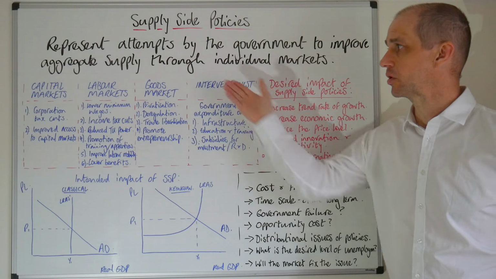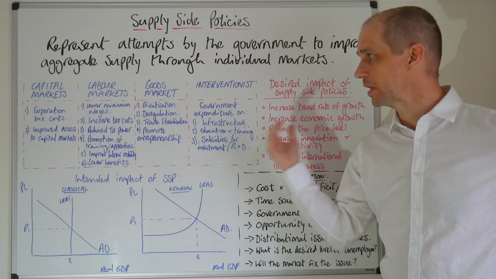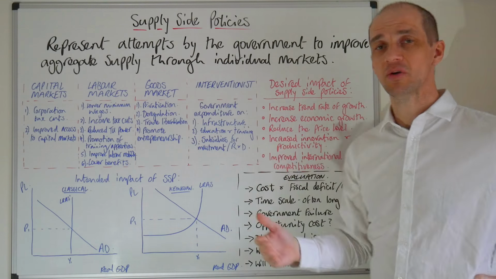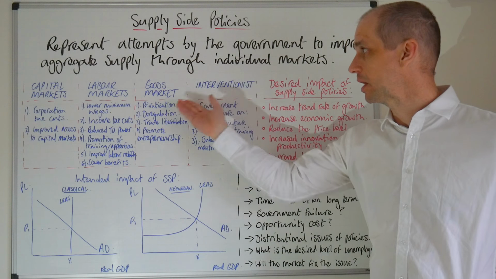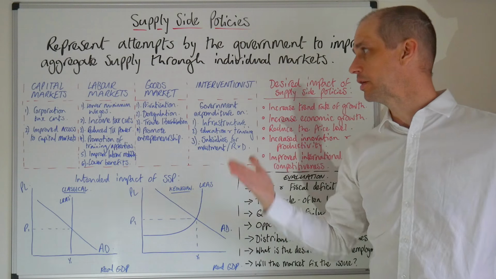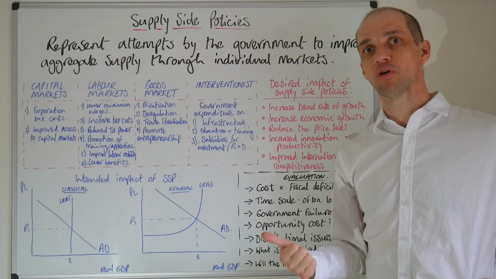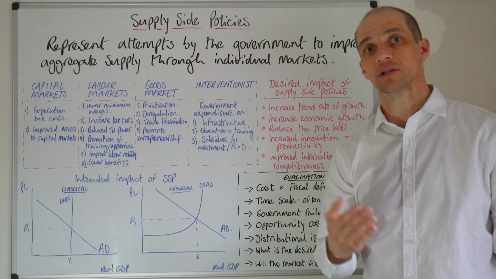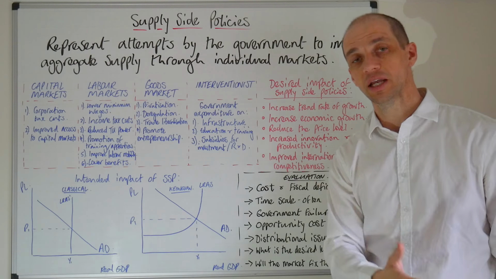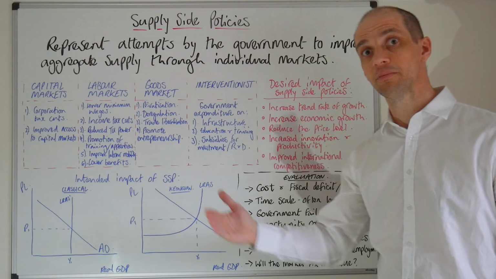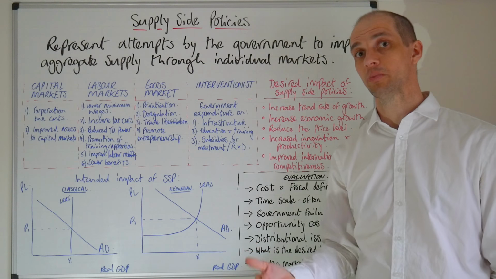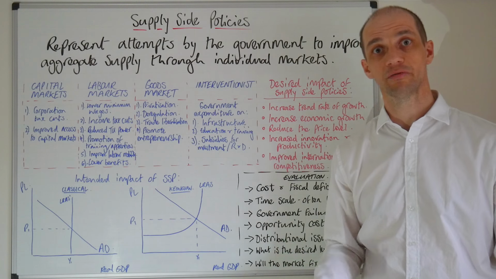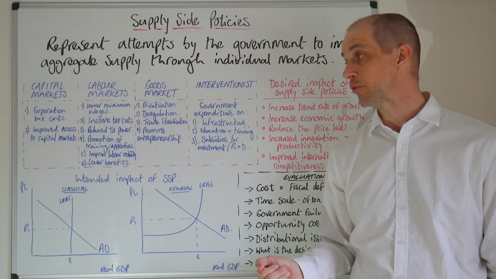Okay, so let's have a look at the goods market. When it comes to the goods market, classic policies that have been introduced under Reagan and Thatcher have involved privatisation. Privatisation, of course, is really about turning nationalised companies into private companies that are listed on the stock market. The most recent example of which is, of course, Royal Mail.